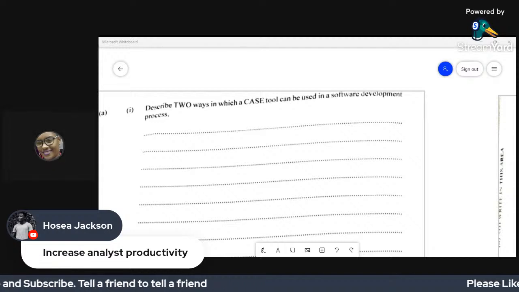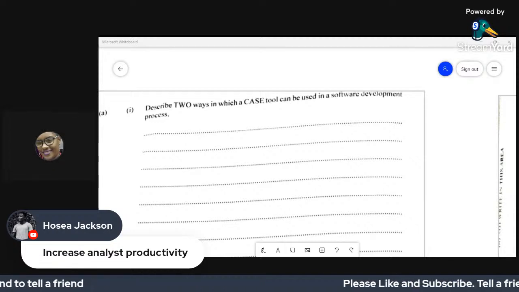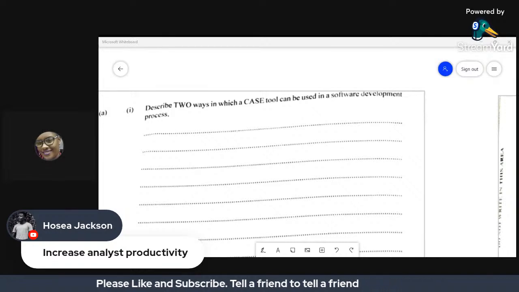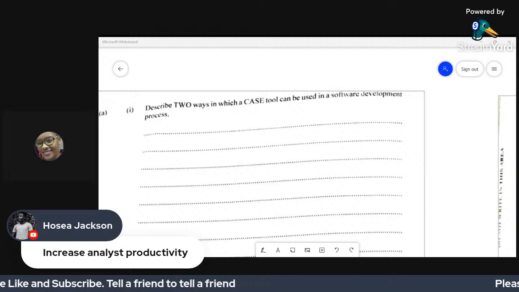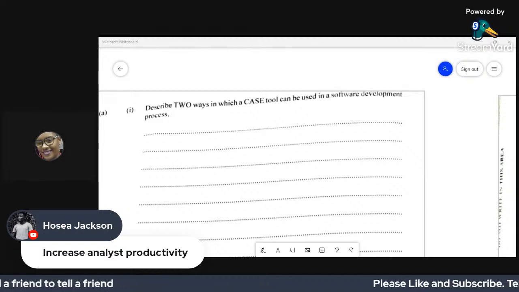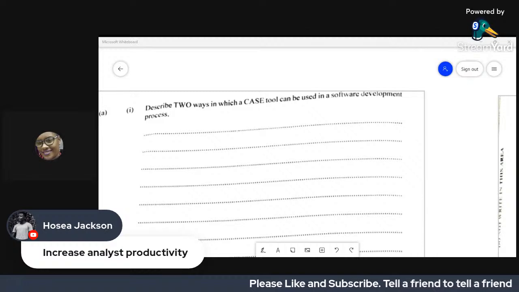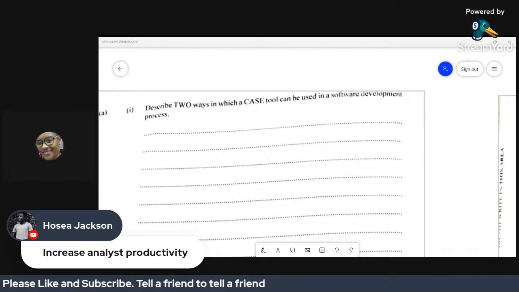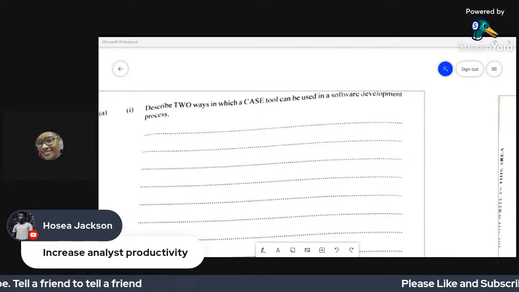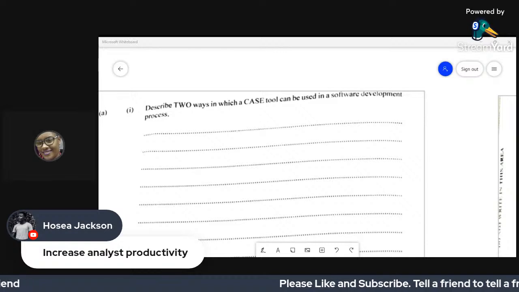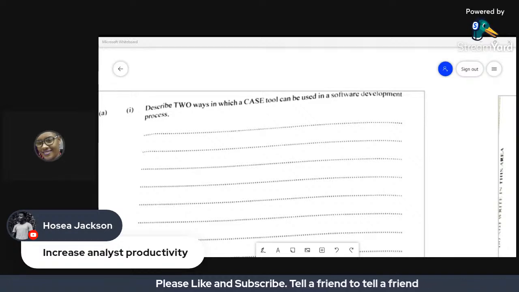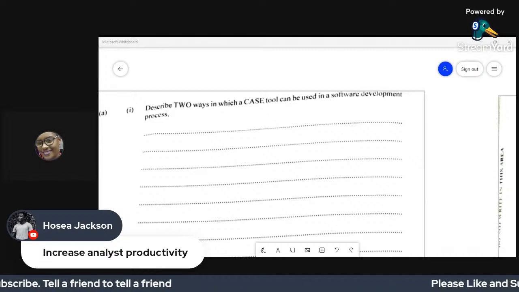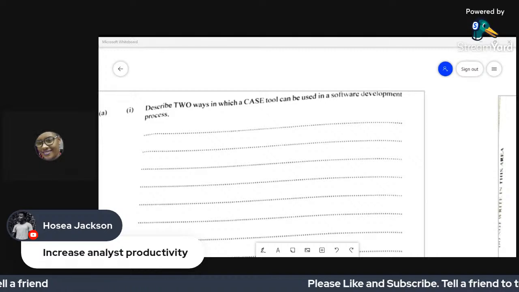We also have data dictionaries, which is a case tool, which is basically terminologies associated with the system that you should know, or users should know once they're using it. So if they come across a particular word, this is what we mean by that word. Those would be the ways in which case tools can be used. Examples of case tools would be, as I said before, data dictionaries, your DFD, your ERD, your user manuals, in terms of the documentation, how to care for the system and how to use it.